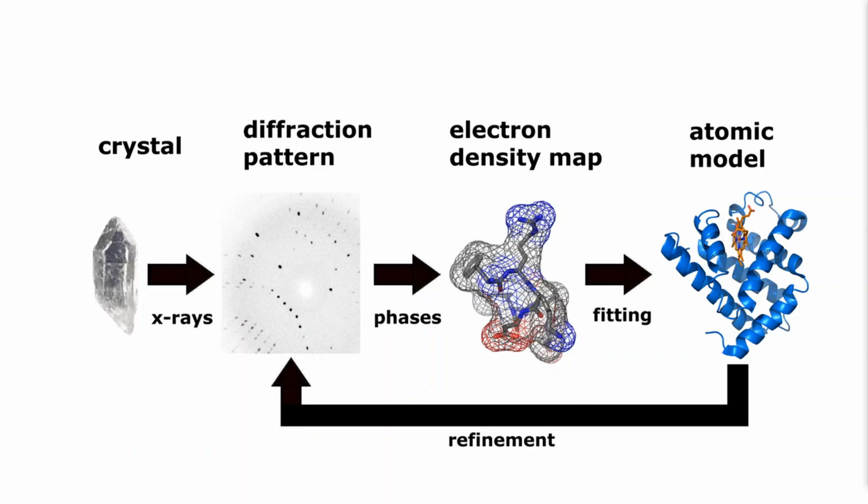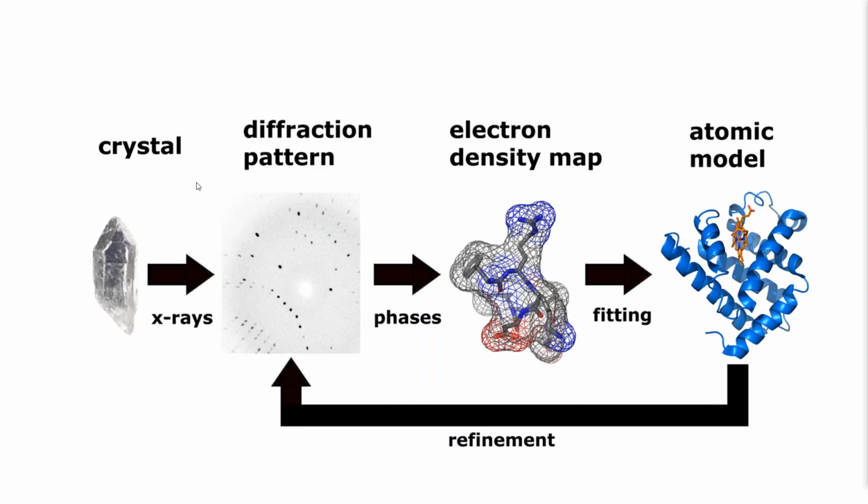But basically what you want your molecule to do is form a crystalline lattice, which I'll tell you about in a moment. And what you can do then is bombard your crystal with X-rays. All of the atoms, the electrons associated with atoms in your crystalline lattice, they're going to diffract those X-rays. And ultimately what you're going to do is have basically your crystal, and you're going to shoot it with X-rays, and on the other side of your crystal is going to be a detector. In the olden days, this was just a piece of photographic film, but